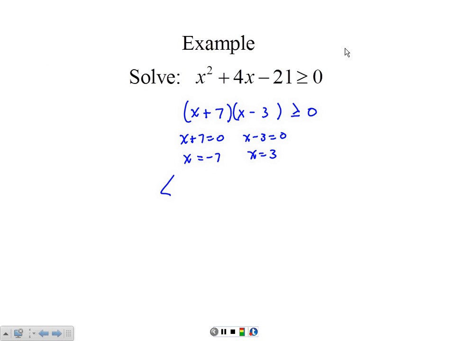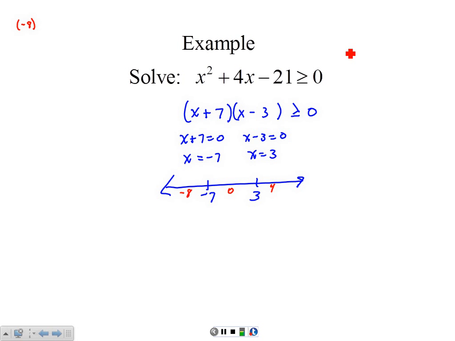Again, these are just boundaries. So we're going to have one at negative 7 and one at 3. So let's choose numbers. Of course, here I'm going to choose 0. Here we're going to use negative 8, and here we're going to use 4. And those numbers are totally up to you. You don't have to use these numbers. These are just the numbers that I chose. Alright, so let's try